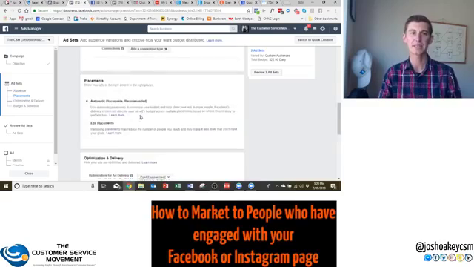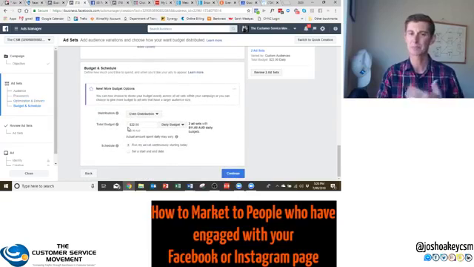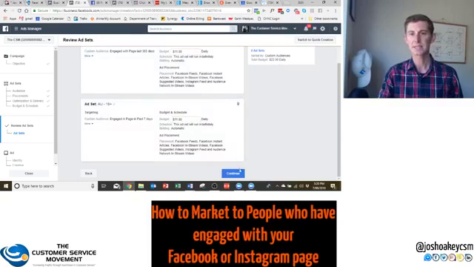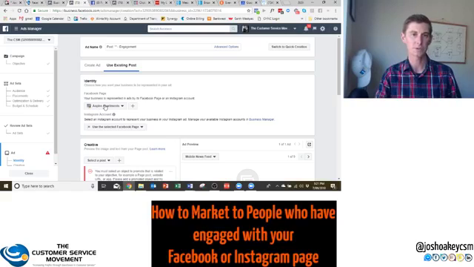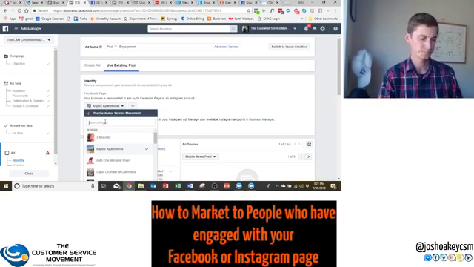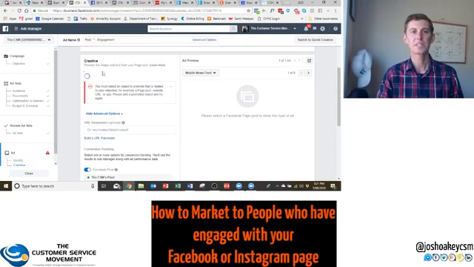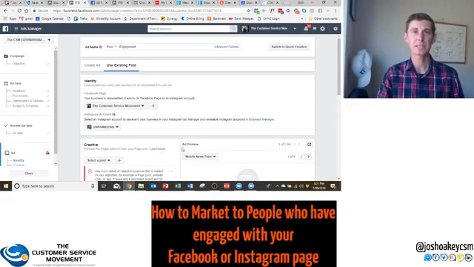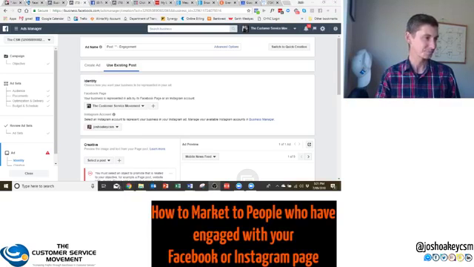Scroll down, you go through all the other details that you put in here. Make sure that you edit placements and take out the messenger, because people don't like to be spammed. Then we go to continue. We say yes, that's all okay, continue, and then we go through to the post that we want to promote. Go down, we select the post, and then go confirm. And that, my friends, is how to market to people who have engaged with your Facebook or Instagram